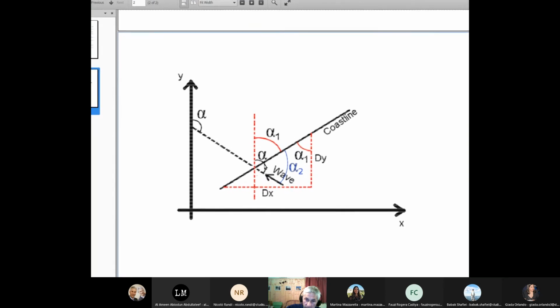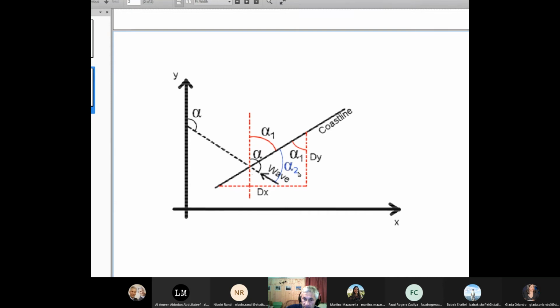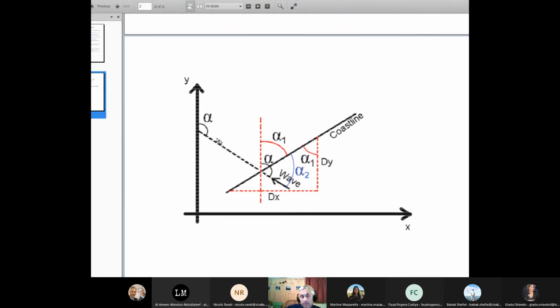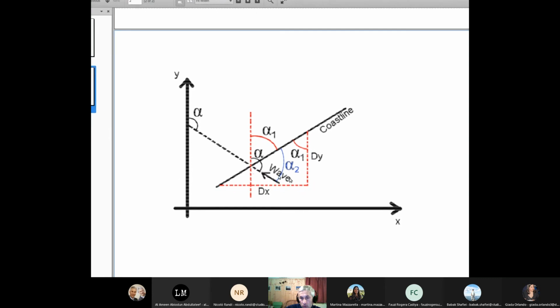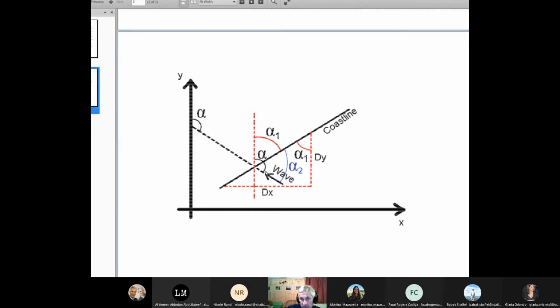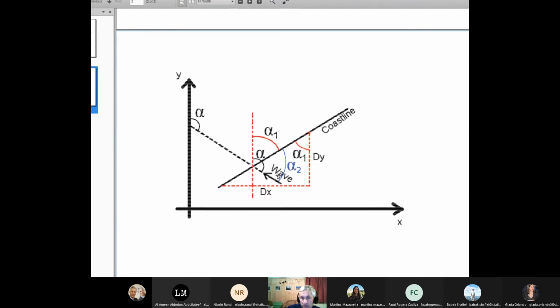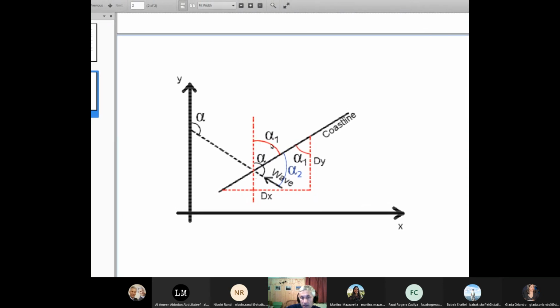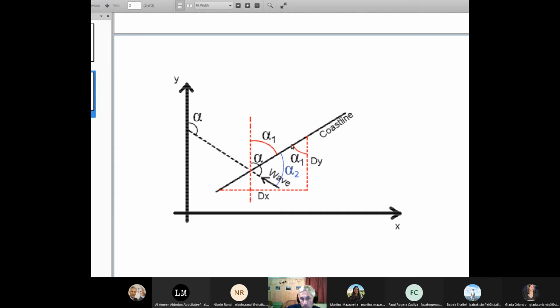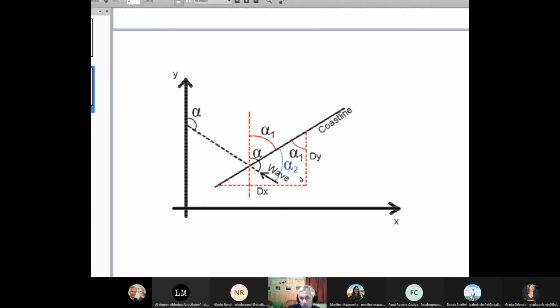We need the acute angle, alpha 2 in blue, between the wave direction and the coastline. Then, based on the knowledge of alpha, we need to compute alpha 2. Here you see how to compute it, because alpha is reported here as the angle between the vertical red dashed line and the wave direction. And here you see an angle alpha 1, which is also reported twice. Then it becomes straightforward to compute alpha 2, but we will make the computation later on, I would say